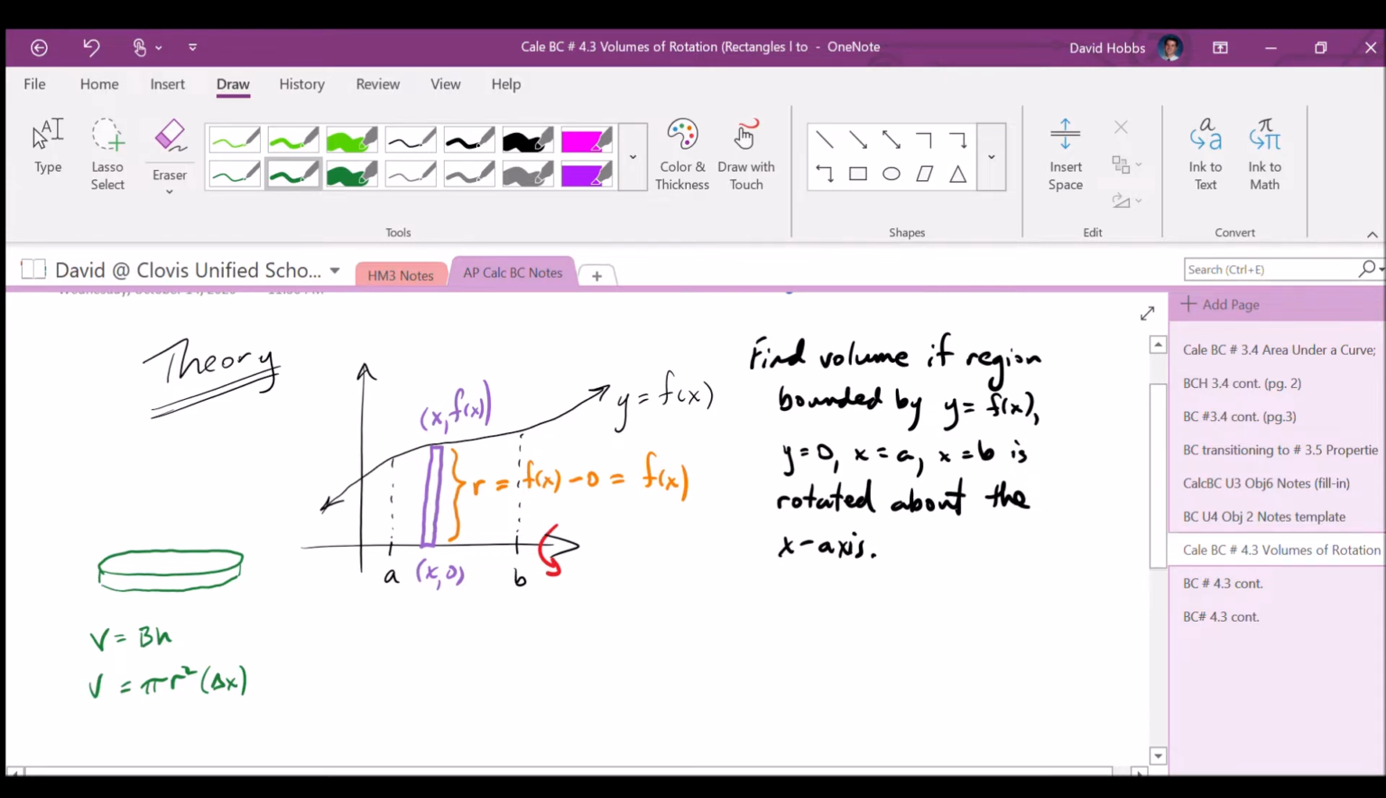In this particular case, the radius is always from the axis of rotation to the rectangle. Since the rectangle is touching the axis of rotation the whole time, that means to the far side of the rectangle. So the radius, top y minus bottom y, would be f of x in this case. And so the volume,